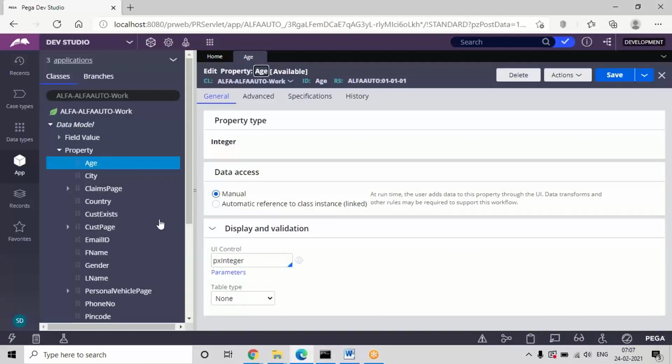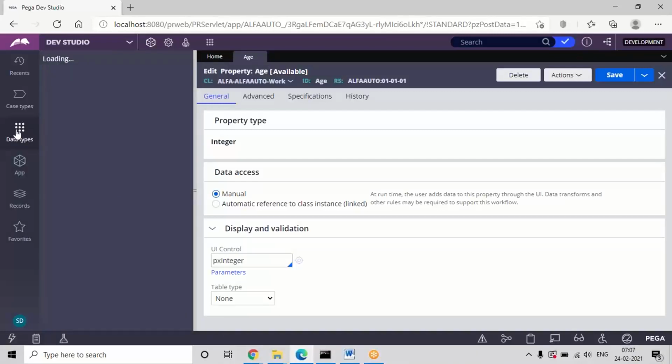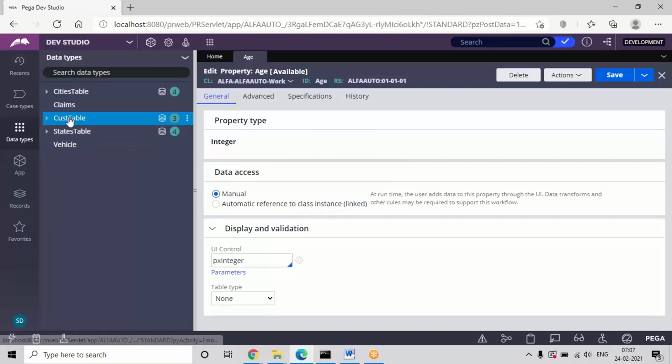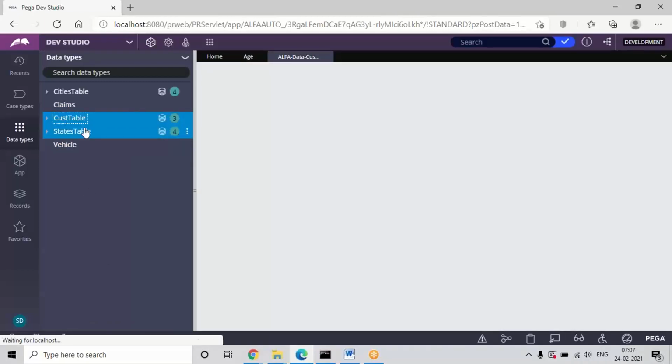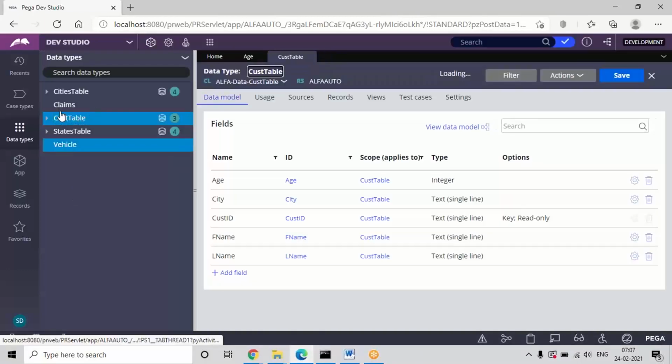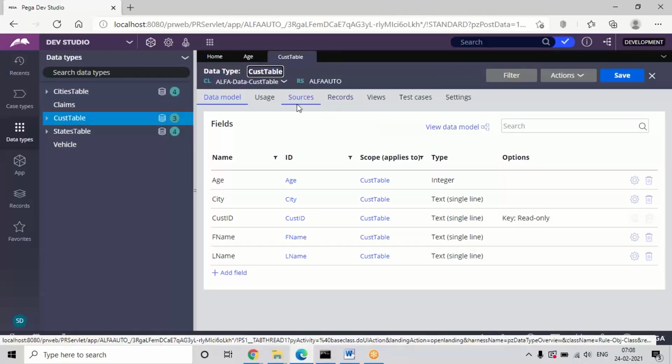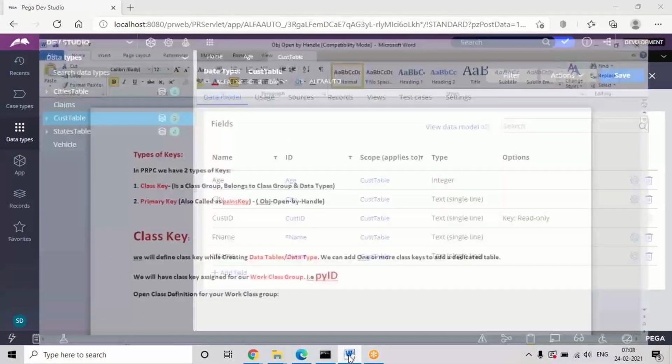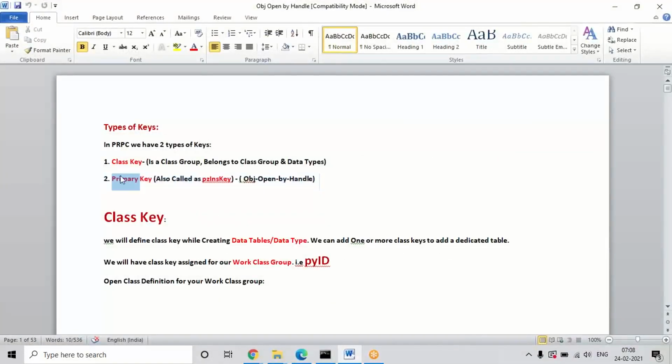Every class, apart from the class key, will have a primary key. Or if you go to data types also, if you click on any table, only that table will open. If I click on the customer table, only the customer table will open, because internally, apart from the class key we set, for every rule, even a table is some kind of rule, it will be stored in the PR table in the rule base. So if you click on this, only the customer table will open. Internally for this also it will execute this primary key. That is, internally a primary key will be there for every rule, every table or every class.